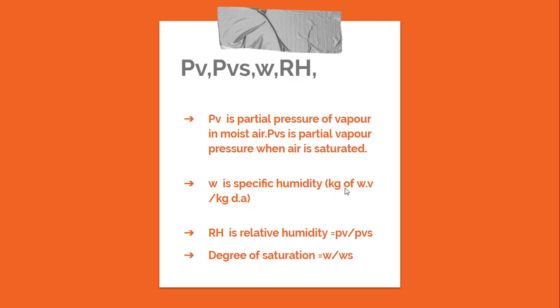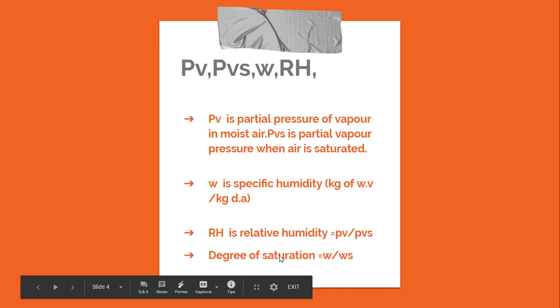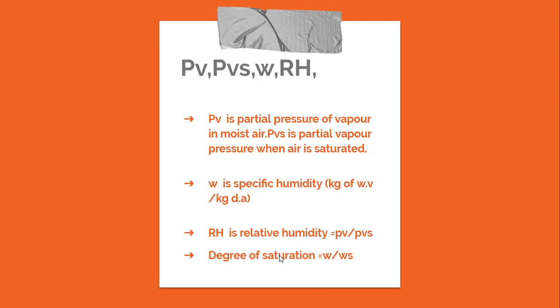So it is the humidity, or water vapor, associated with 1 kg of dry air. So this is again a very important psychrometric term. Specific humidity gives you an idea of how much water vapor is present in the given moist air. Relative humidity and degree of saturation are also terms which help you understand humidity with reference to the